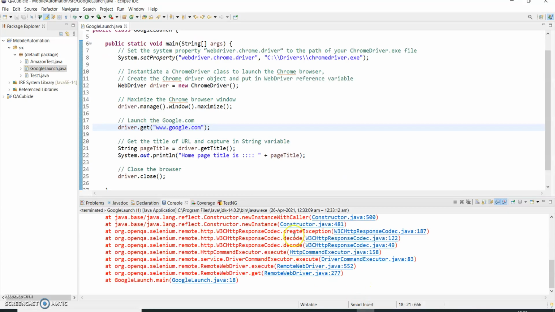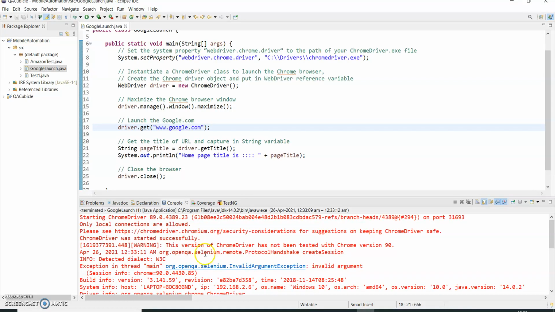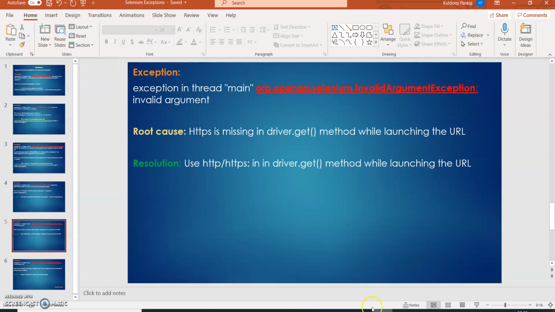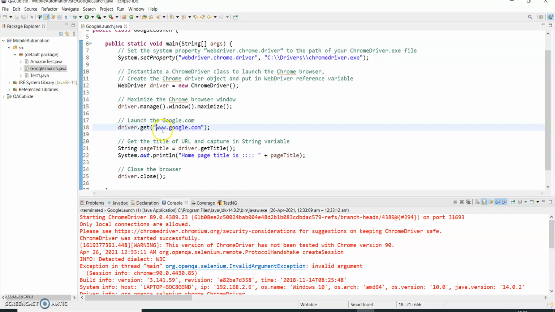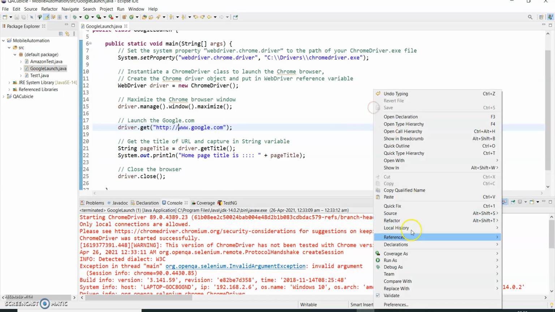Basically my browser will be launched, but I am not able to access google.com, and I will get the invalid argument exception. So what you need to do in that case is mention HTTP or HTTPS in the driver.get method. So now I will make it HTTP and try to execute it again.